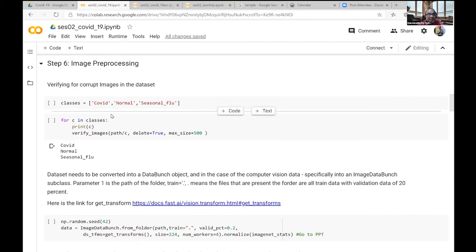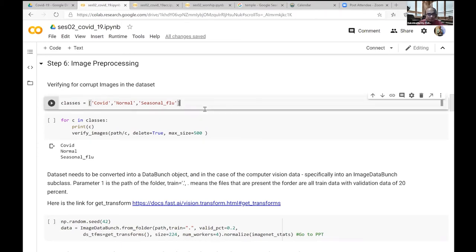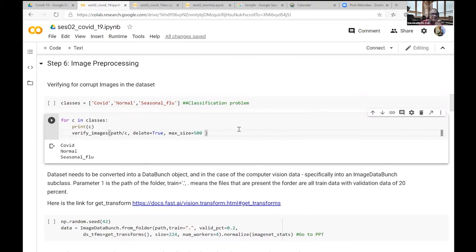And hence these kind of problems where I have 3 or 2 or 5 things and the program has to predict which type it belongs to, they are called classification problems. Classification is where, let me write a comment there, classification problem. So classification is where you actually ask the system to predict what class it belongs to. Okay. And I told the system, hey, these are the 3 classes.